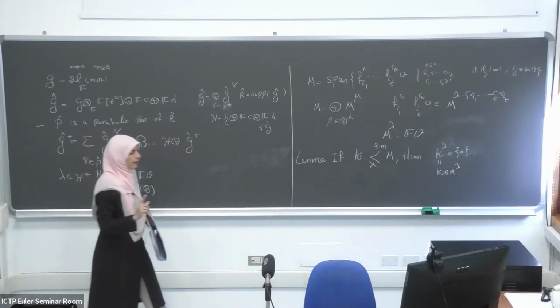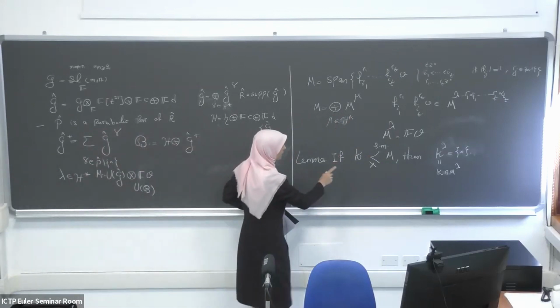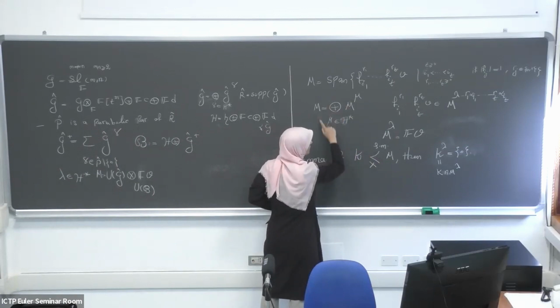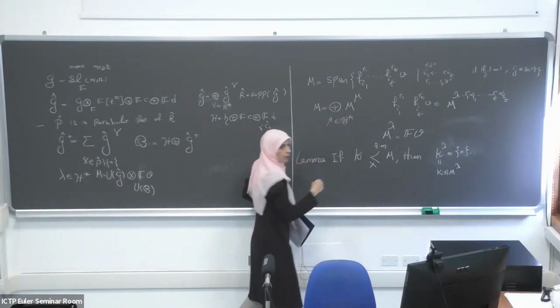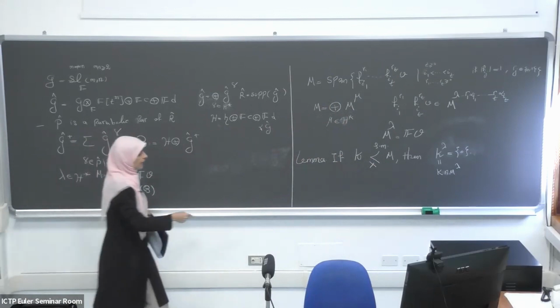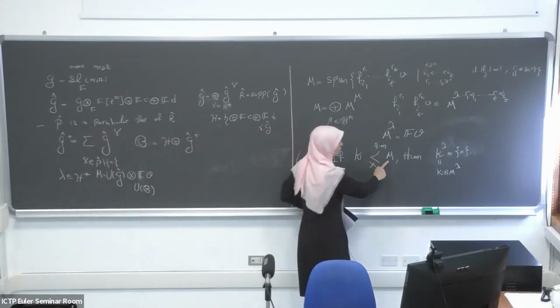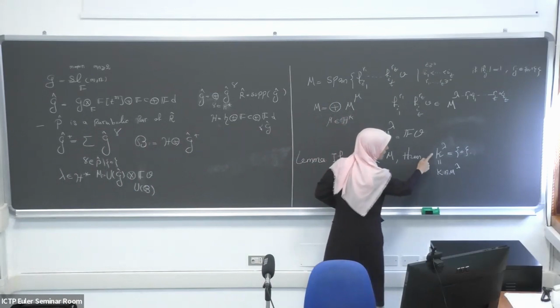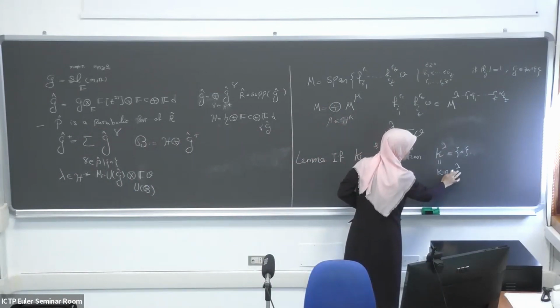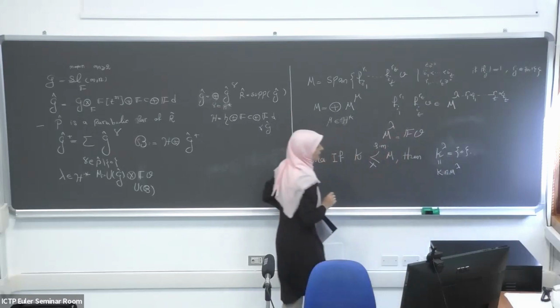I cannot remember exactly which lecture, but I proved that if M has a weight space decomposition with respect to a Lie algebra, each submodule has a weight space decomposition. Yes? And if K is a submodule of M, then K lambda, which is K intersection M lambda, is exactly 0,